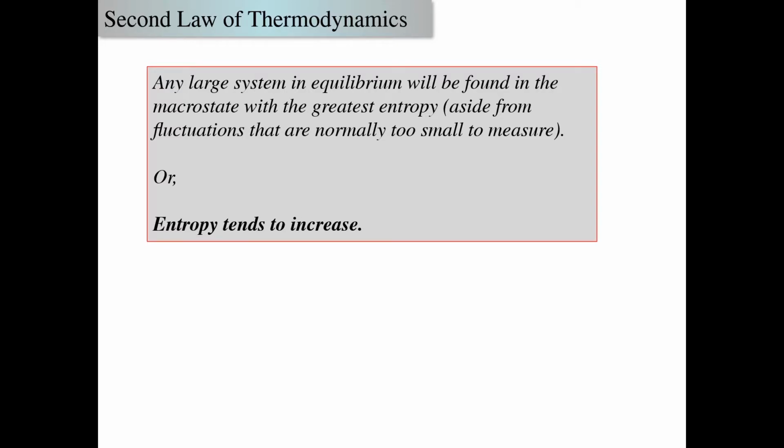The second law of thermodynamics says that any large system in equilibrium will be found in the macro state with the greatest entropy. You could also replace entropy here with the macro state with the greatest number of available microstates, or multiplicity. And this is just a statement of statistics. In any very large system, there will be many, many more microstates available to the system near its equilibrium position or equilibrium temperature than at any other